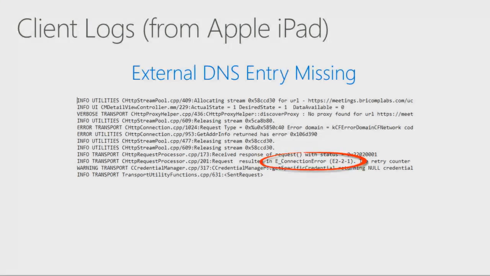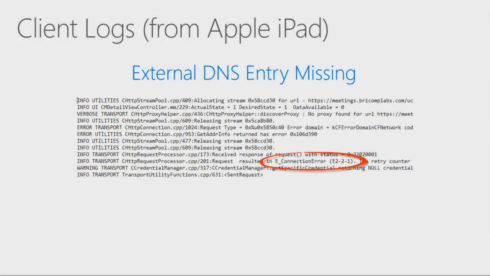So the most common I see is the external DNS entry is missing. You'll notice the E connection error. Again, in the iOS logs, it's the best descriptive. There's pages of these things. They're always built with an error code, then 3 digits. The first one is the criticality, then the transport level. None of it's released to the public to make your life nice and easy, but if you get some troubleshooting